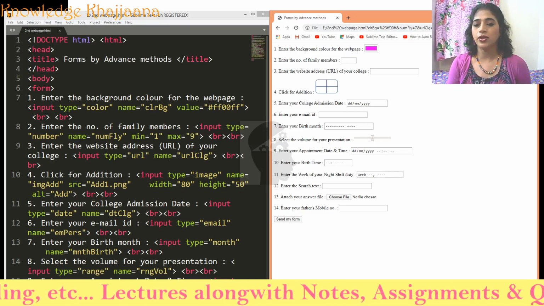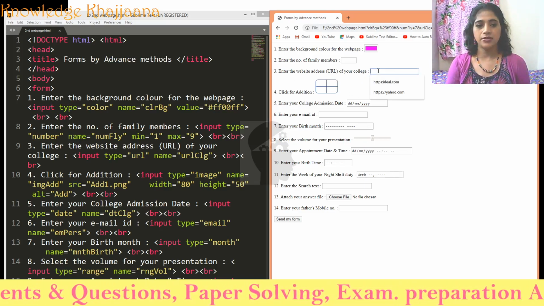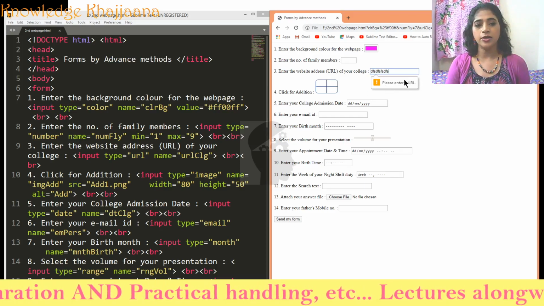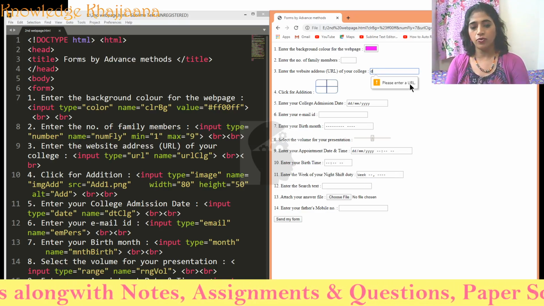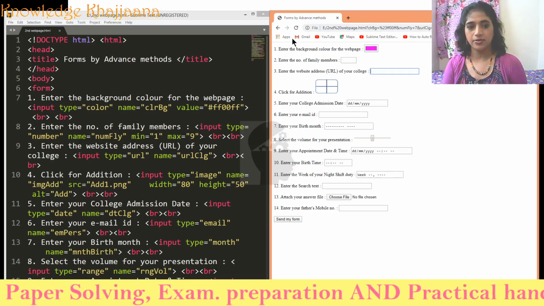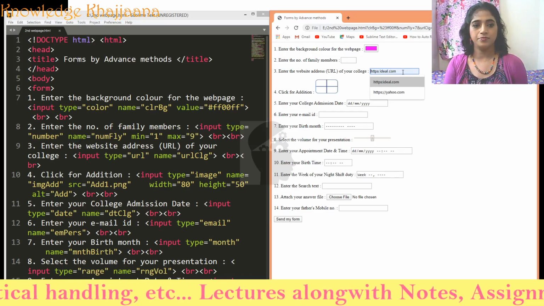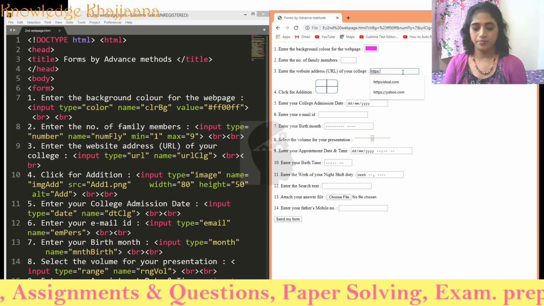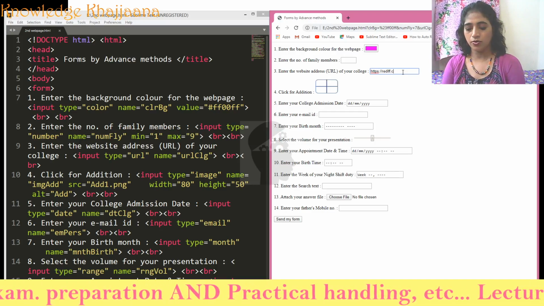Input type is equal to URL, name is equal to your college. Enter the website address. Suppose I am entering something like this and submitting. Then it will show me the prompt: Please enter a URL. Why? A URL must be made up of what I told you, HTTPS, then rediff.com.